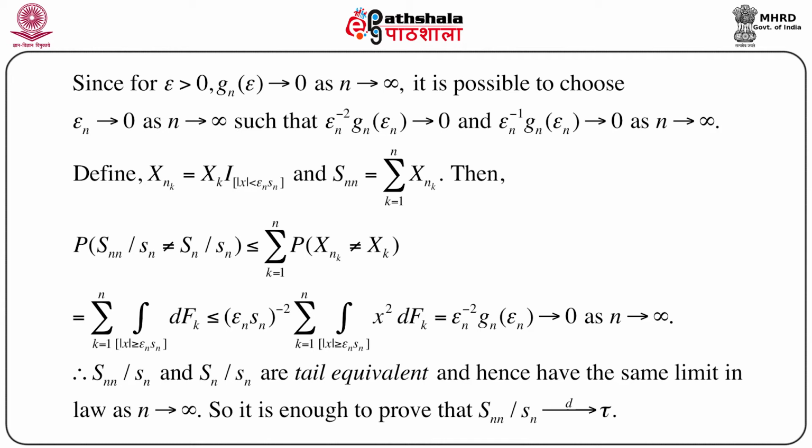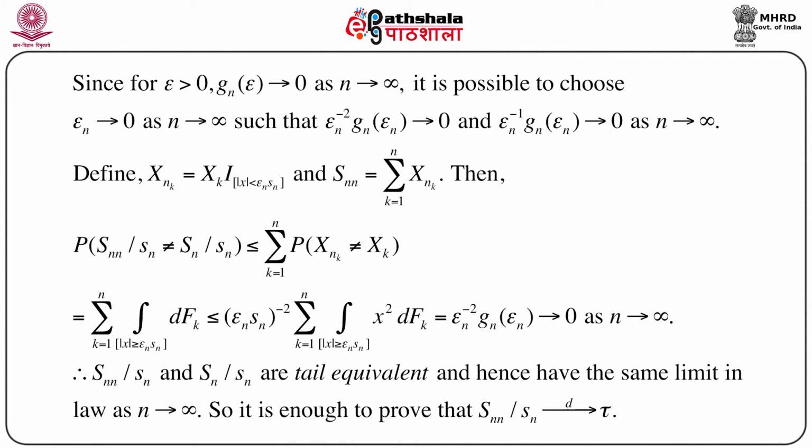Then consider the probability that Snn by small sn is not equal to Sn by small sn, which is naturally less than or equal to summation k equals 1 to n of the probability that xnk is not equal to xk, which is equal to, we can immediately see,